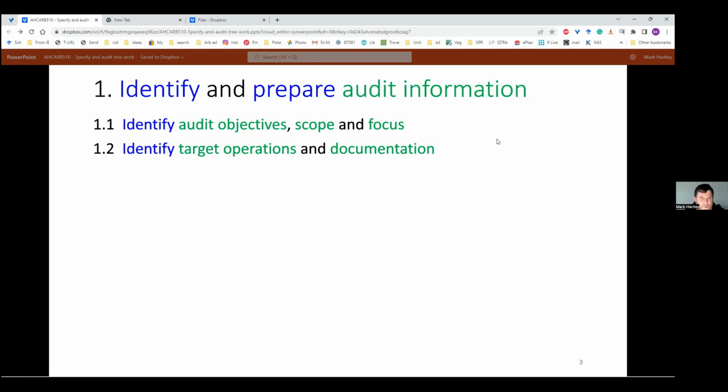What part you're doing or what you're doing. So it's a site, it's a tree. You could be auditing tree planting, and you might just decide that you're going to target a portion of the trees and do them randomly, or you might say I'm going to do every tree. And of course, identifying the documents. What specifications exist? How are things written? You need to be able to audit against something.